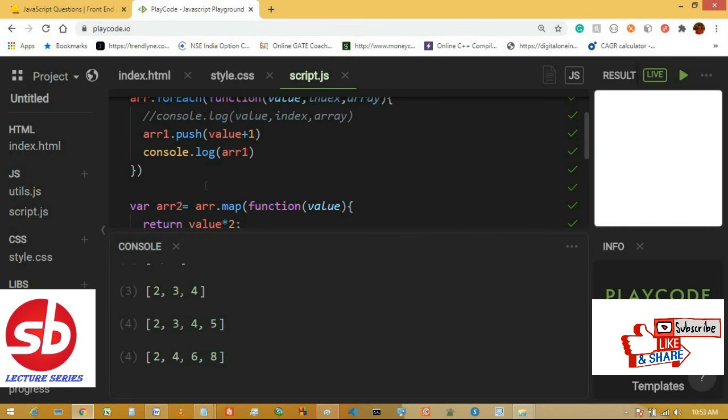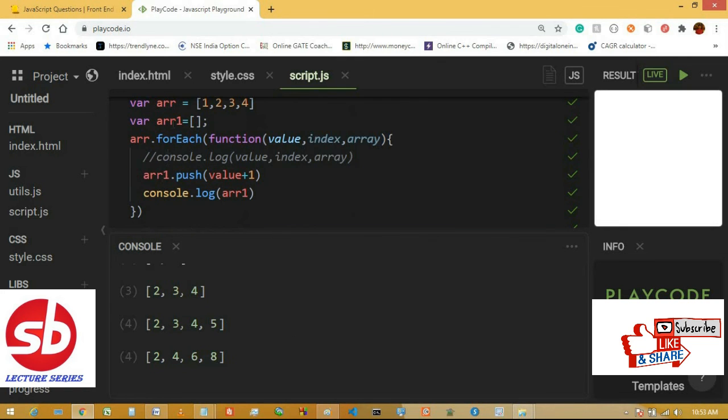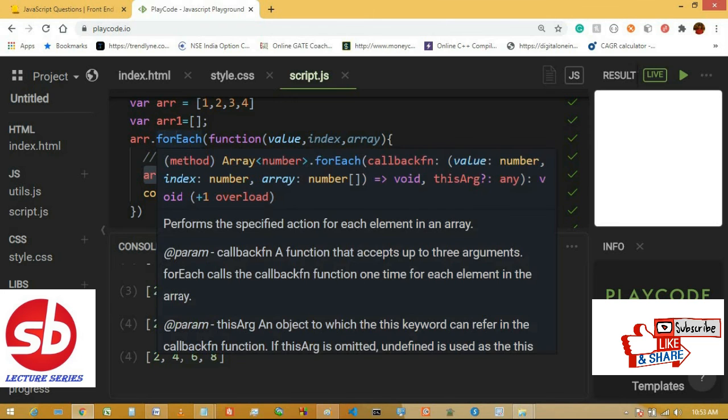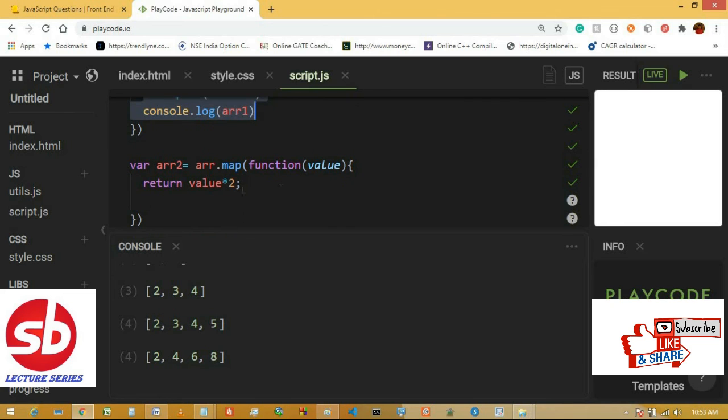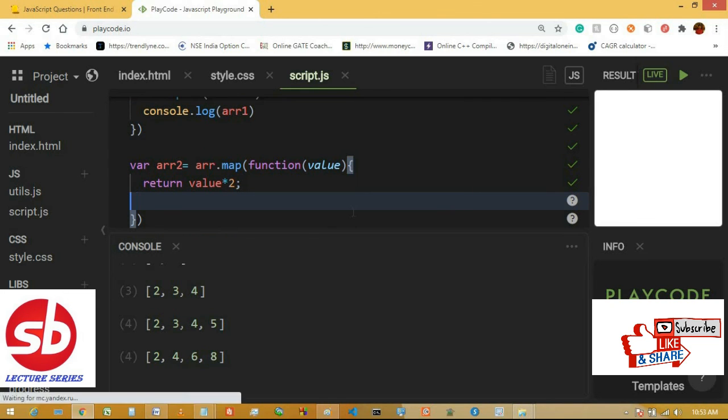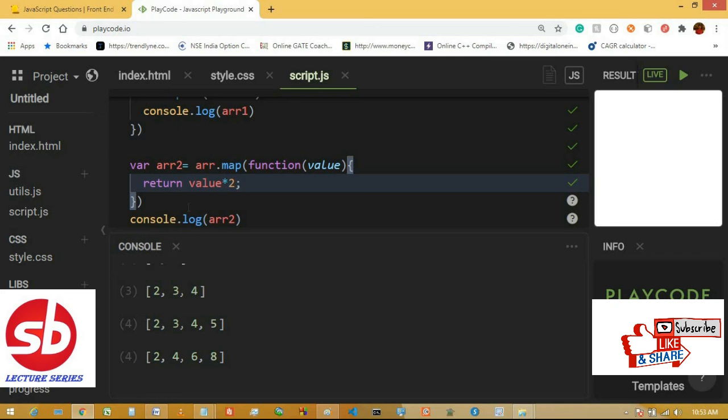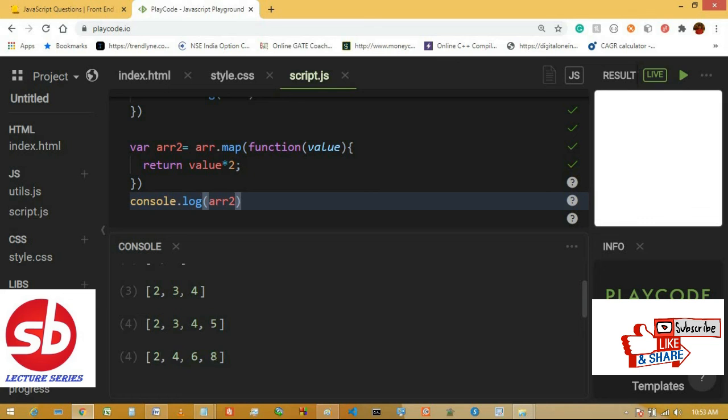So with forEach we have to declare an empty array, then push every element into that array, because the forEach function does not return any element. That's why you have to perform this type of functionality. But in the case of the map function, it becomes quite easy, because it is returning a value. So return just value times 2, and that has been stored in array2. I have just logged array2, so the result is here.